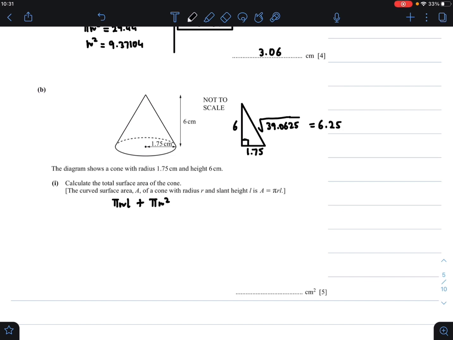So now we have all the values, and let's just substitute the values into the formula. So R is 1.75, the slant height is 6.25, plus pi, and R is 1.75, so 1.75 square. Now all we need to do is input this into your calculator. So pi multiplied by 1.75 multiplied by 6.25 is equal to